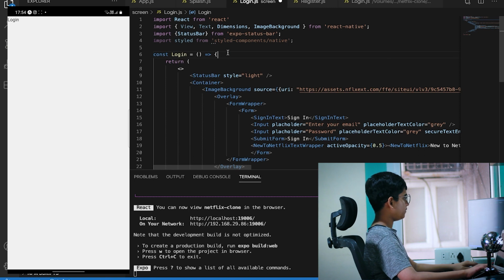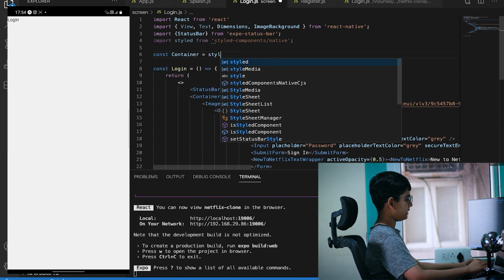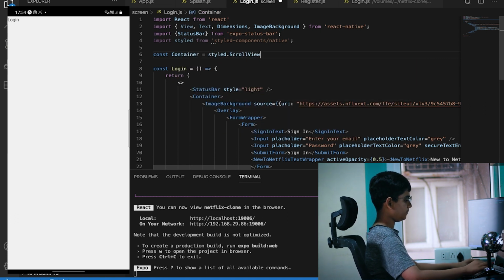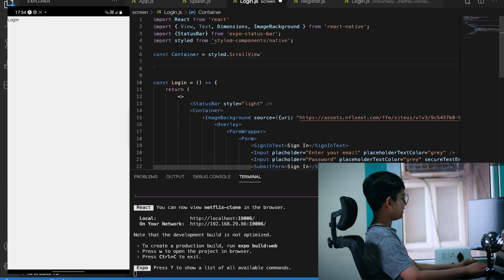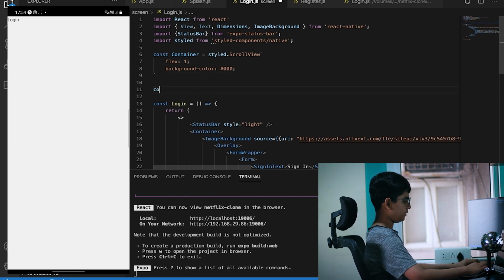So in order to do that, first what you need to do is const container is equal to style.scrollView. It's sort of like a view but it scrolls. That's the basic definition actually. And background color is 000. And after this const form wrapper